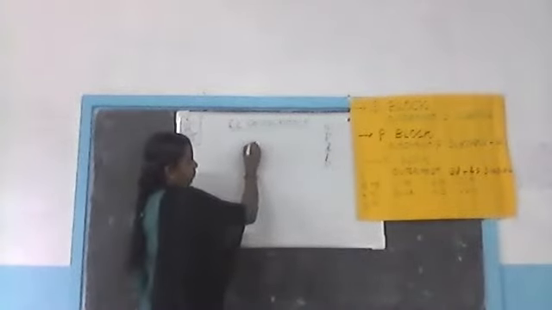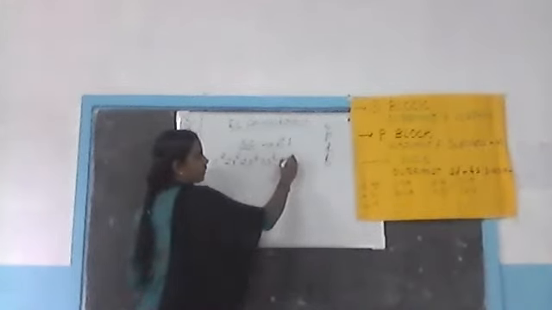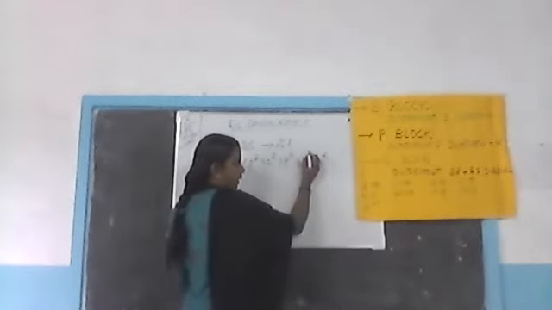In this way we can understand in which subshell the last electron is added. That subshell is known as the block. We can see other examples. Next one, scandium. The atomic number of scandium is 21. How can you write the configuration? 1s2, 2s2, 2p6, 3s2, 3p6. Then after completing 3p, the electron will enter into 4s, then 3d. So how many electrons do we need here? Only one electron remains, so that one electron will enter into 3d.